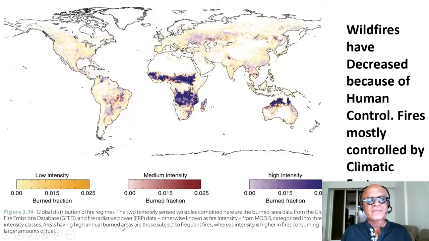Areas having high annual burned area are those subject to frequent fires, whereas intensity is higher in fires consuming large amounts of fuel.